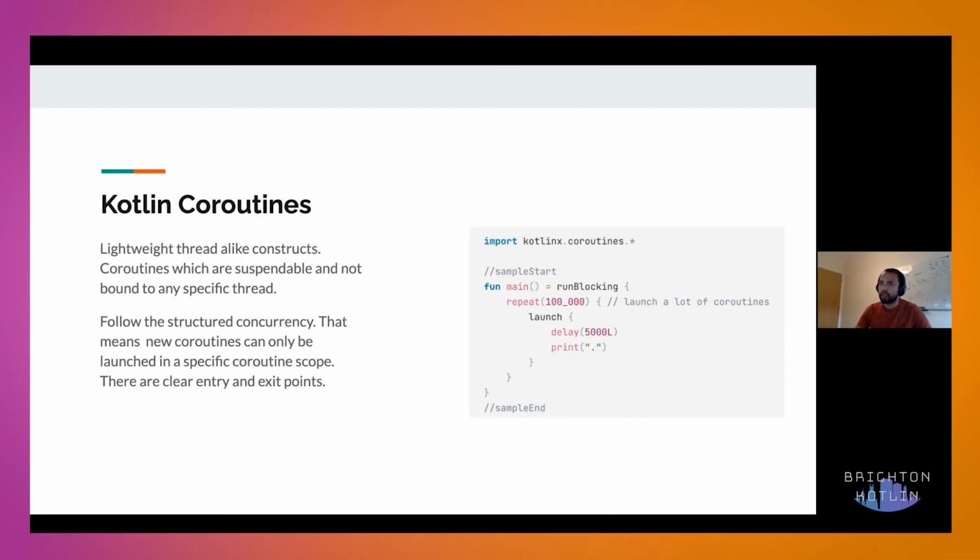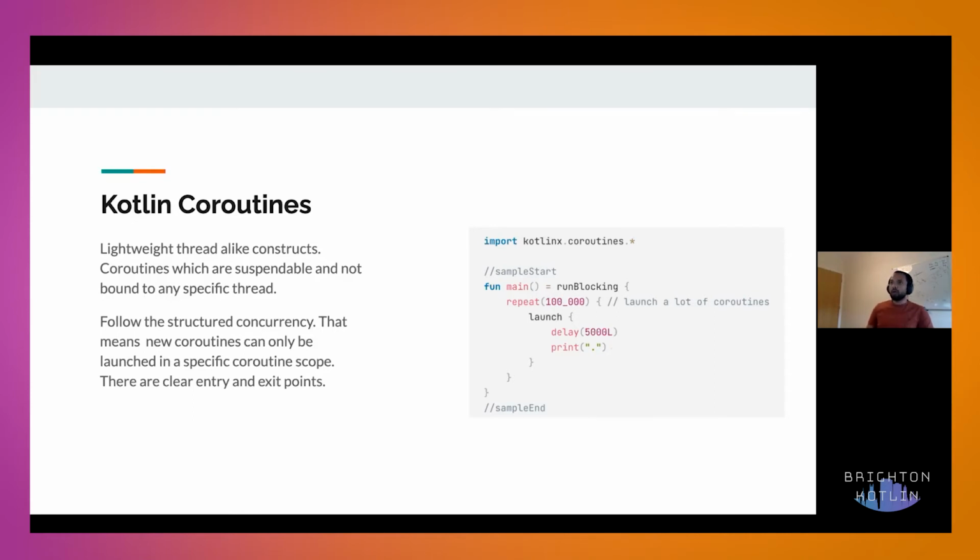So that's a benefit. They're thread-like, so you can easily run 100,000 coroutines without running out of memory. That's very special, and probably one of the major advantages against usual vanilla threads.